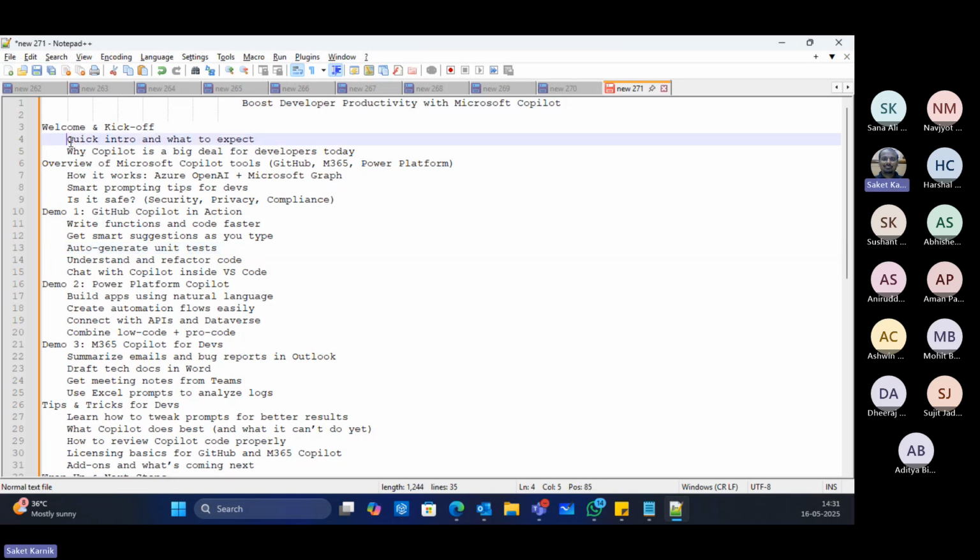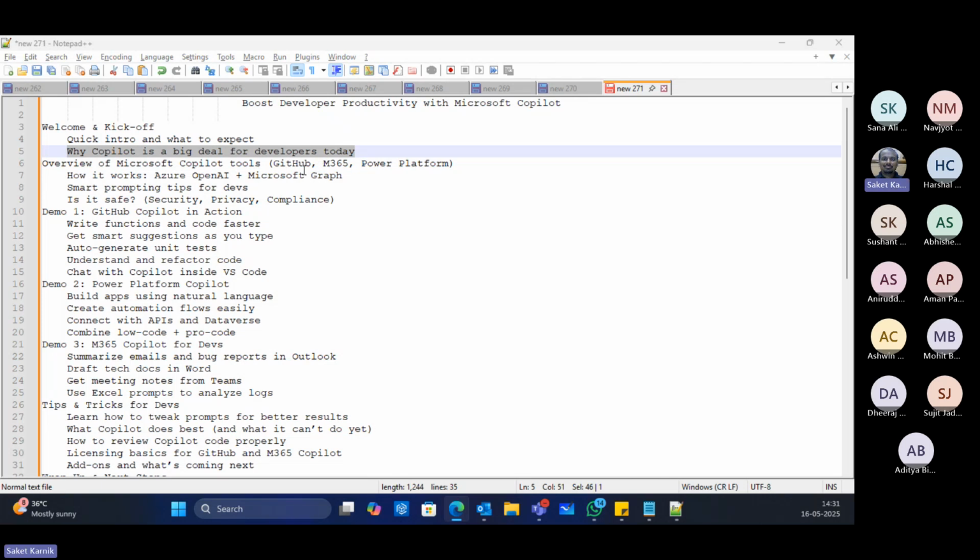We already started with this, in fact, and what to expect goes from here. So why Copilot is a big deal for developers as of today, right? Why it's getting so much traction. Obviously, we need to understand that first. Then the Copilot tools like GitHub, Microsoft 365, Power Platform, and all.